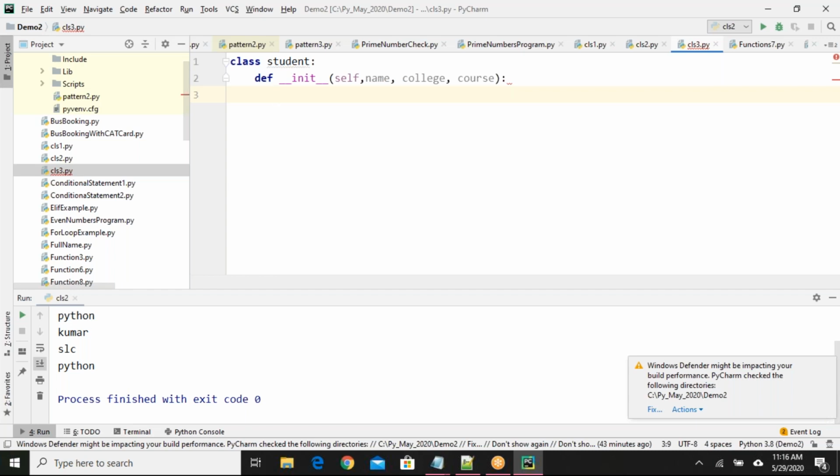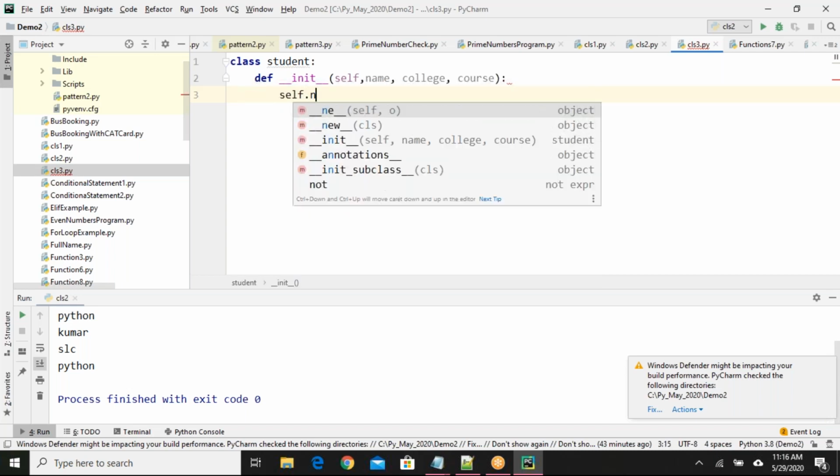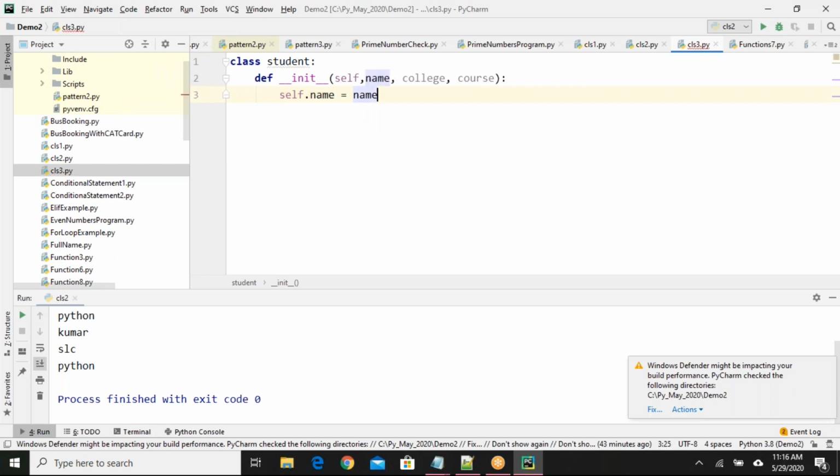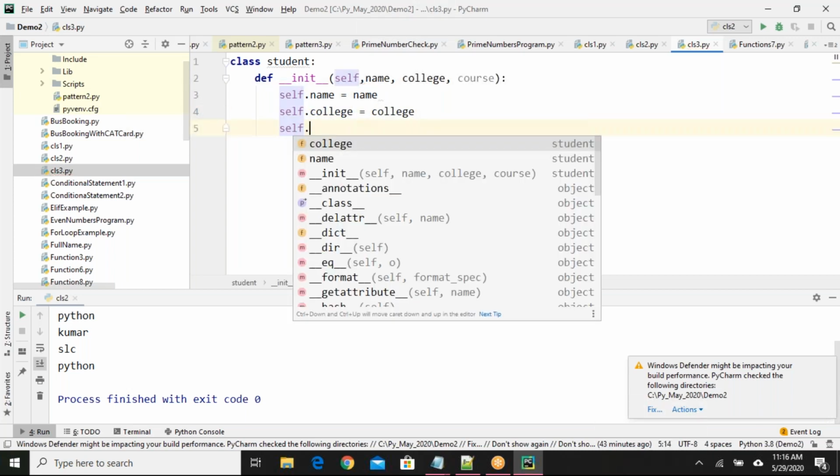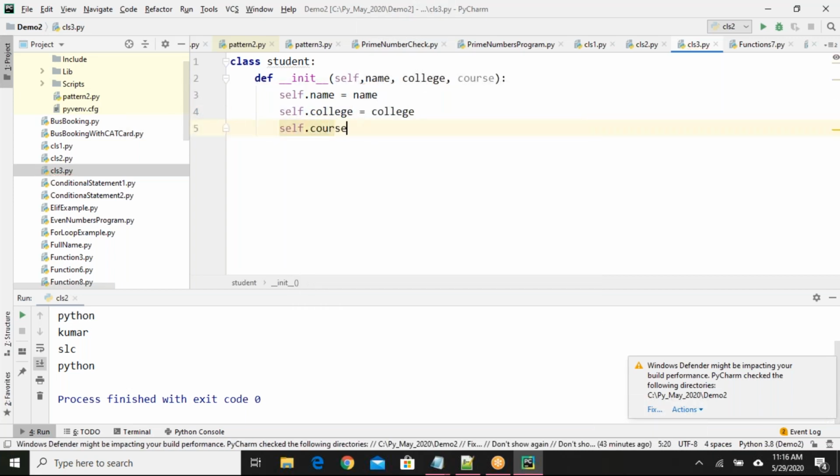Now let me say self dot name equals name, self dot college equals college, self dot course equals course. Done. That's it, very simple. So let me create one object.